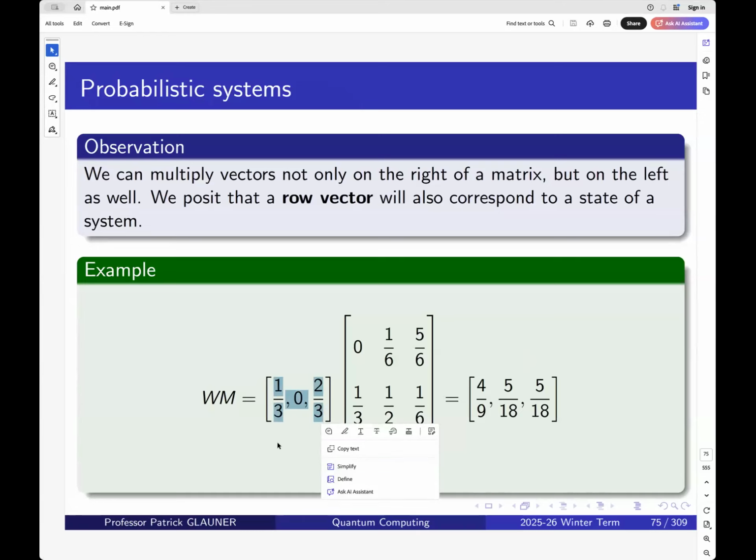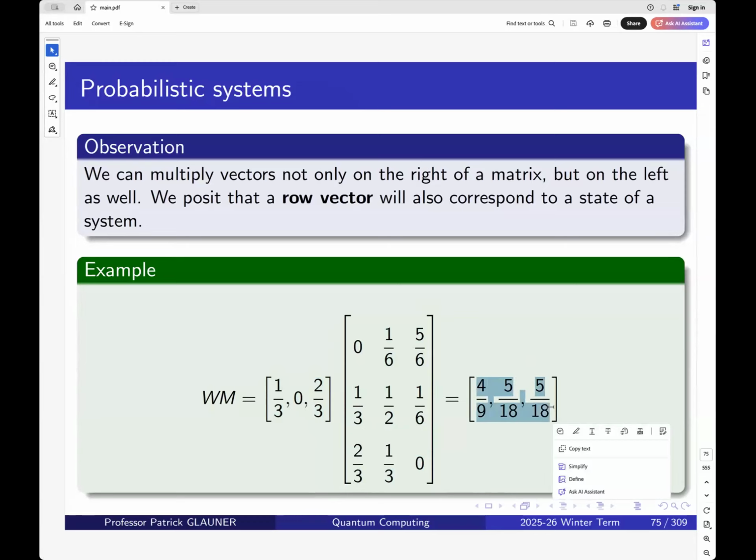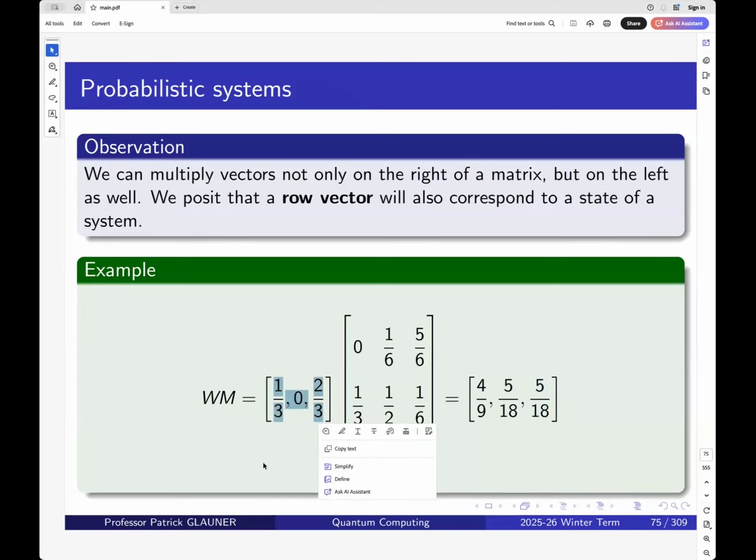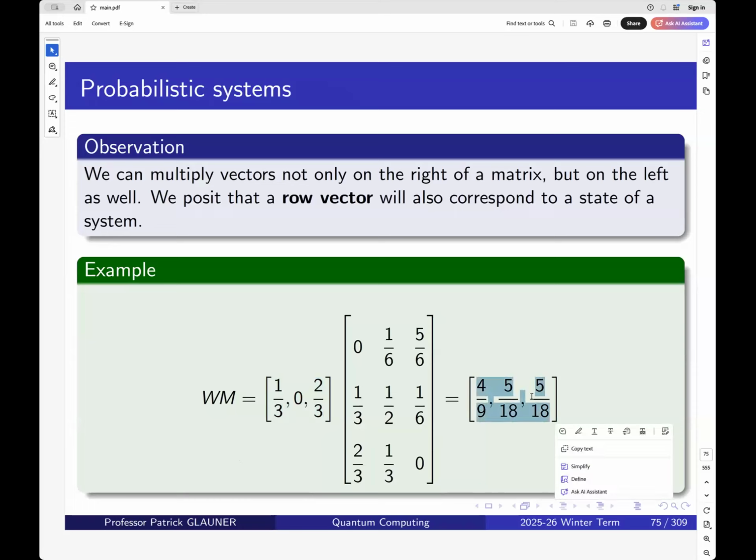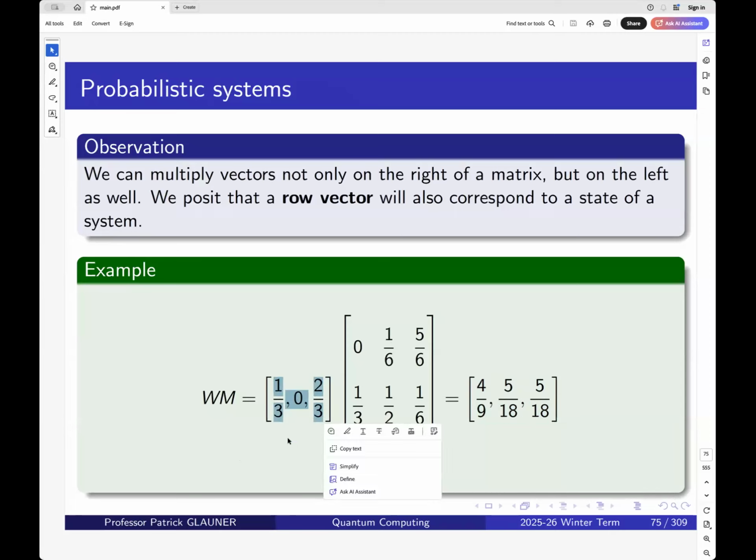So if this is my state, a third, 0, and 2/3, I move back in time, then I have this state. And if I use this state as a column vector and I multiply it from the right, I will get this state here. Because this is the past state, and if I take it as a column vector and multiply, I go into the future, or I take this future one as a row vector multiplied from the left and I go back in time. This is a very important principle that we will need in quantum computing all the time,